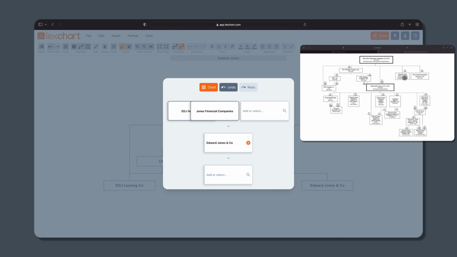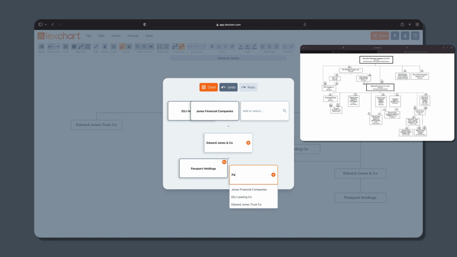And now the trust company and Olive Street don't have any subsidiaries, so we're sort of done with this top layer. Now what we need to do is go add the subsidiaries to Edward Jones here, and we already have Edward Jones and Company in focus. So let's start with Passport Holdings. And then you'll notice Passport Research is a direct subsidiary of Edward Jones. So we'll just say